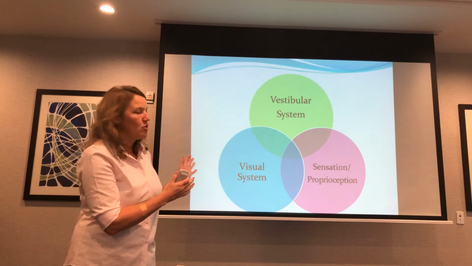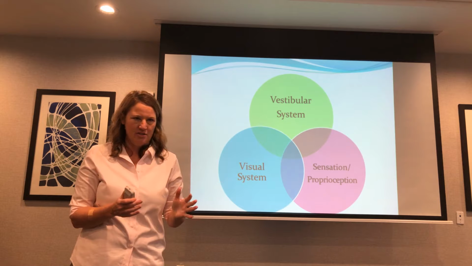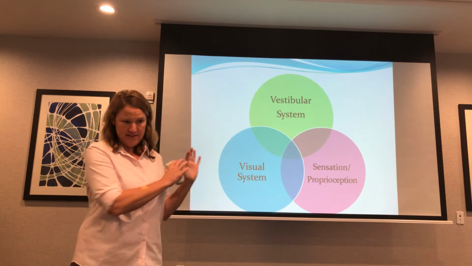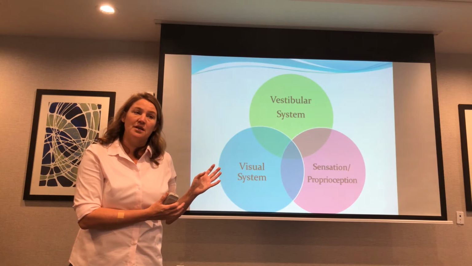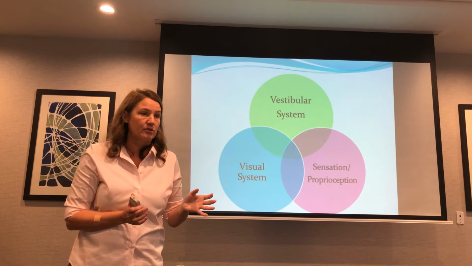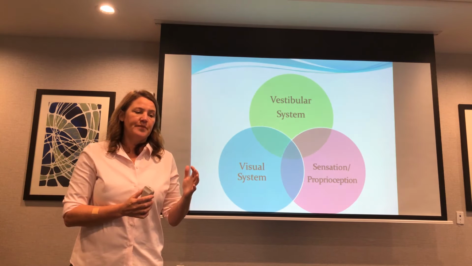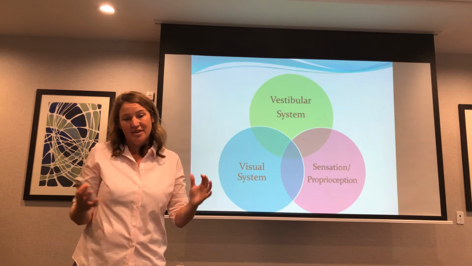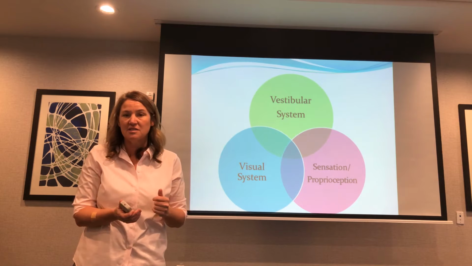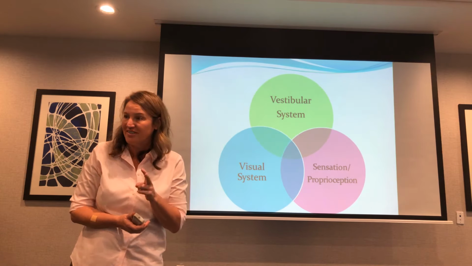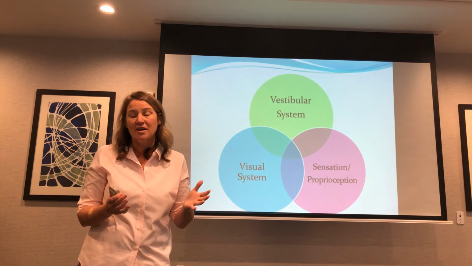What happens is as we get older, what's typical of just general age, but no major pathology, they're just getting old, it's typical that all of these start to decrease. But what can happen is somebody loses one altogether. Somebody goes blind. They lose all their vision. And so think of it as a chair. You can function without one of these if the other two are really, really, really good. But you can't function if all of them aren't working pretty well.